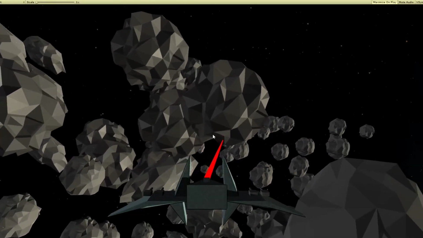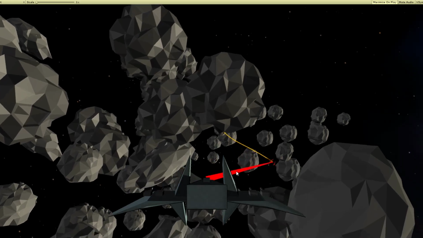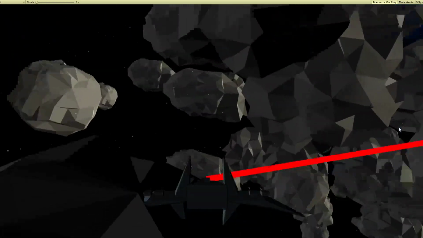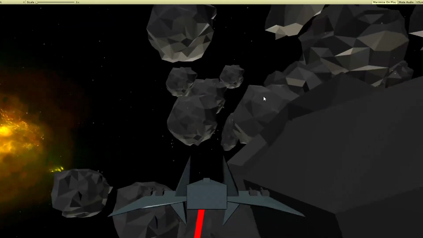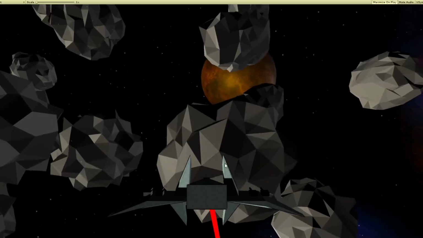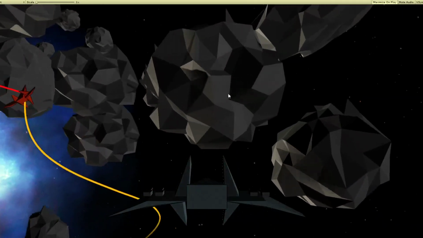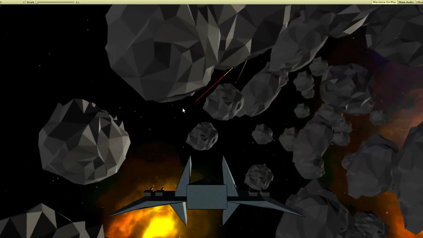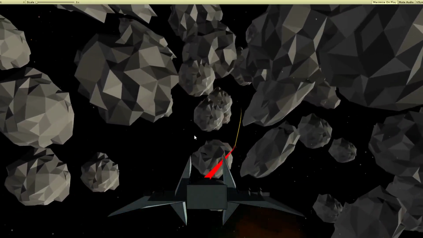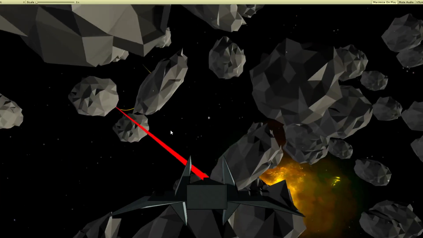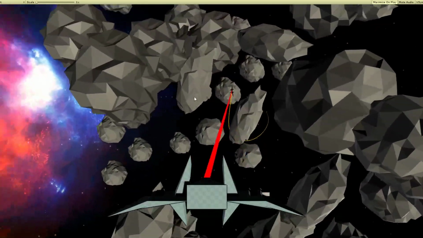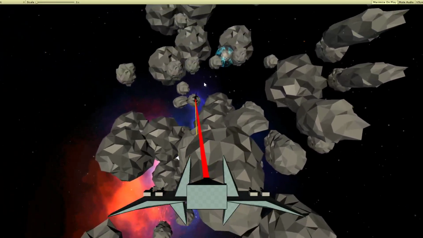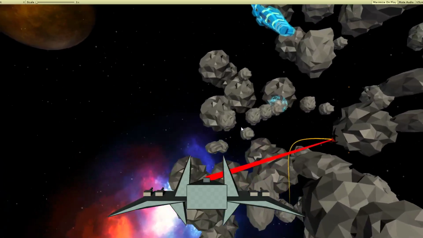And the asteroid avoidance is done with raycasts. This is not an A-star setup, so he's basically just doing some local avoidance. When he gets close to something, he looks around him and sees if there's a clear path to the left or right, and it's sort of gauged based on how close he is to something too, how extreme he's going to turn. So sometimes you'll see an extreme turn, but it took a little while to get to this